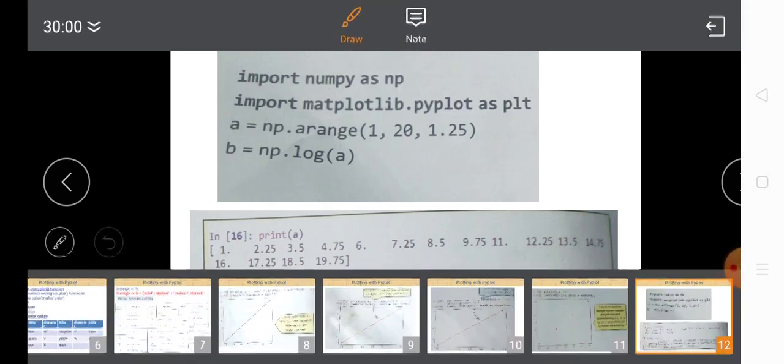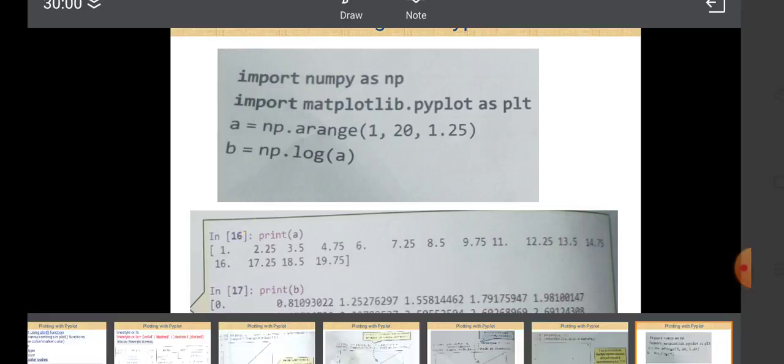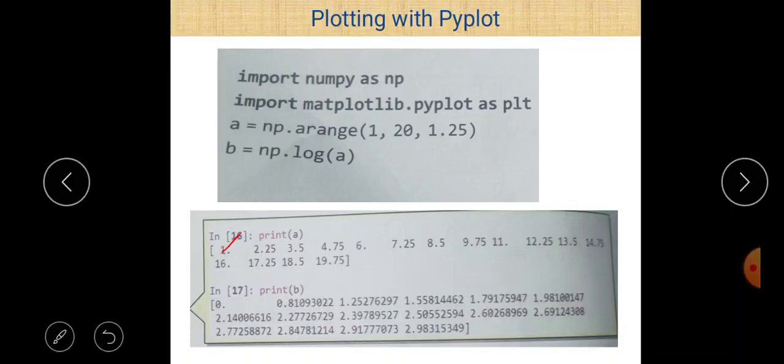You can easily see that 1 is here, 2.25 is here, then 3.5, because 2.25 plus 1.25 is 3.5, and the last value is 19.75, which means less than 20. So these are the different values of a here, and the different values of b can be calculated using np.log(a). So the logarithm of all values can be calculated here.